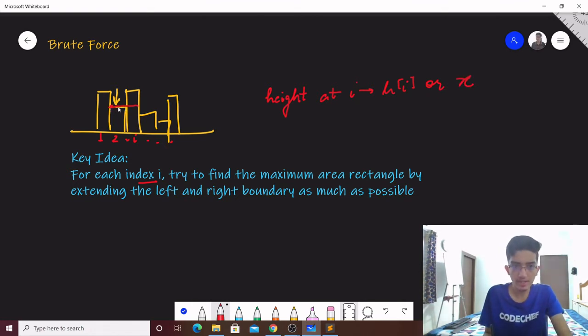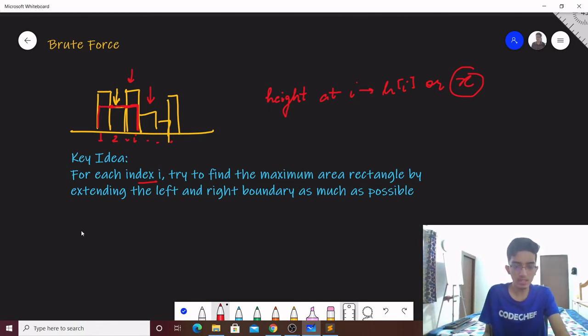If while going right, we have a rectangle such as this one whose height is greater than x, in such a case we can just use that rectangle, right? Otherwise, if we have a rectangle as this whose height cannot support x, and so our right boundary cannot be extended further, in that case we just close our right boundary. Similarly for the left boundary, this can be implemented using two loops.